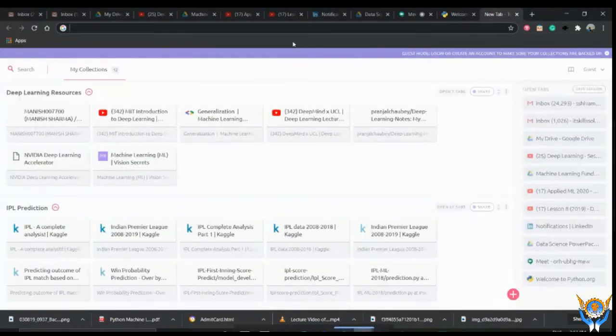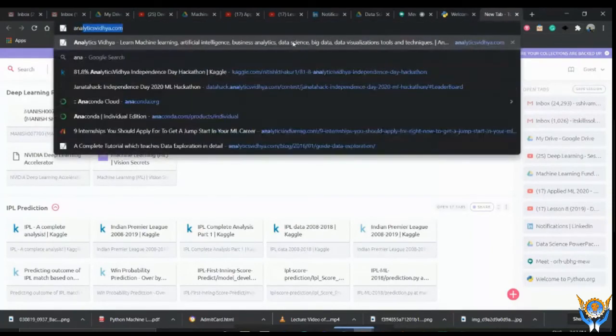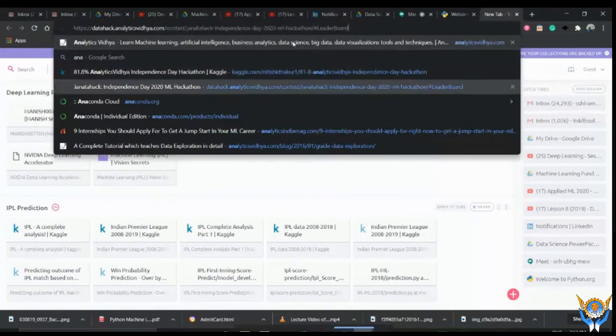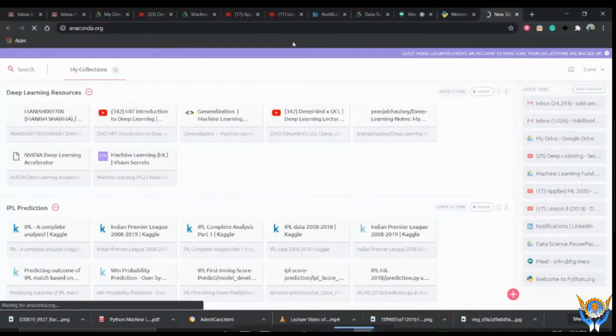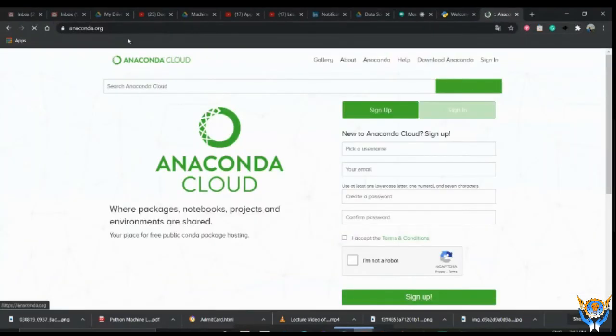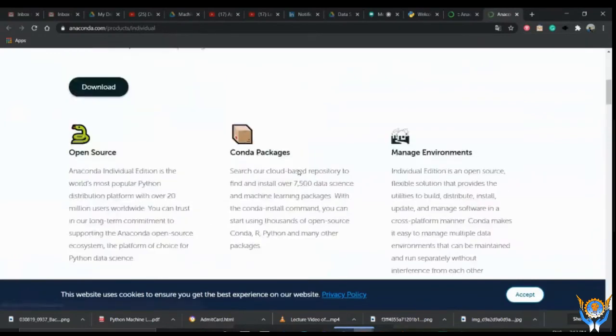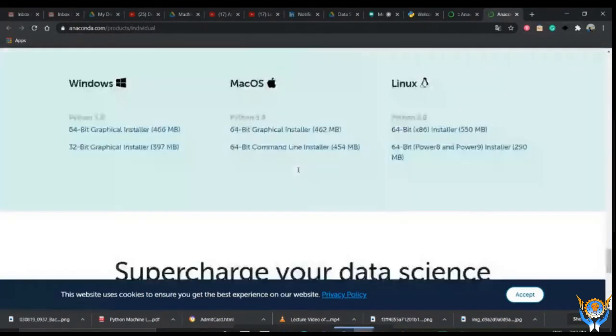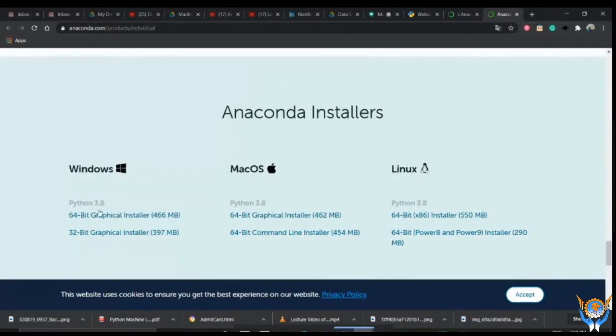The second thing, where your things will run: I will provide you the link for Anaconda. You have to download Anaconda, for Windows users, for Mac OS and for Linux users.